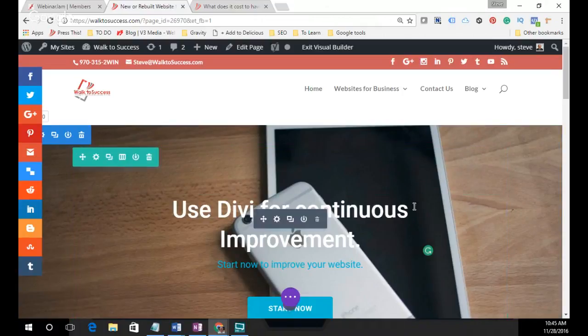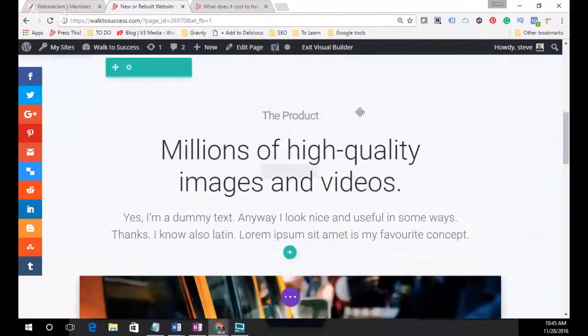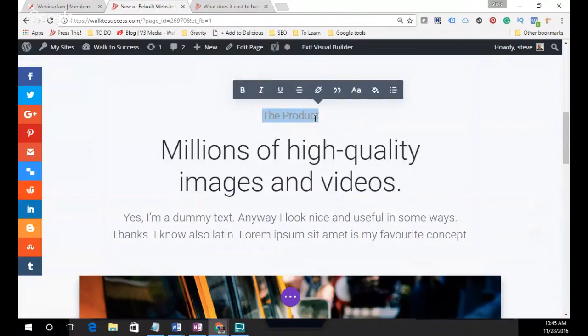But as we look at this, okay, here's that front hero section. And great picture, great call to action. I scroll down a little bit, and here's that section we were just talking about. Here's one row, that top words, the title, and then the subtext. So let's make this work for what we're doing today, and that's why